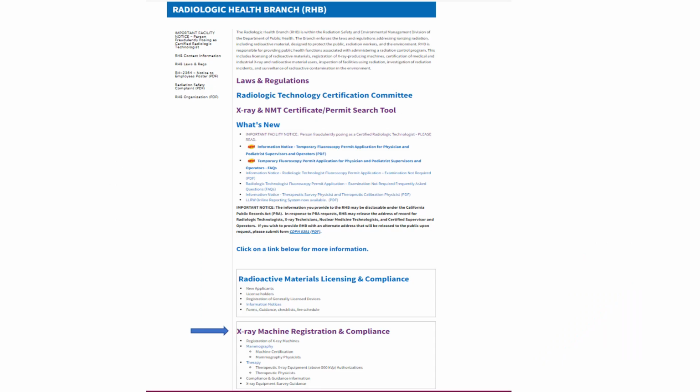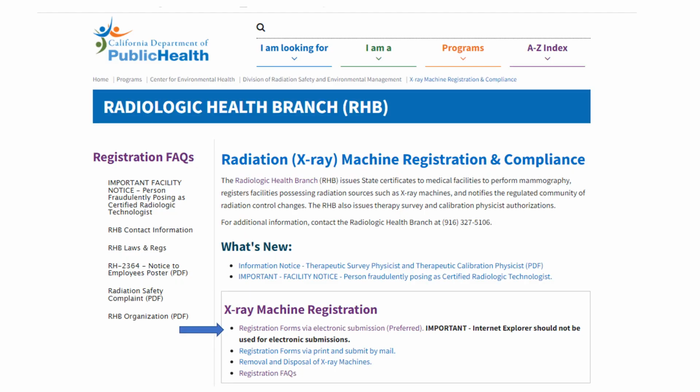In order to access our home page, please go to cdph.ca.gov/RHB. Once at our home page, scroll down and select X-ray Machine Registration and Compliance. On this page, select the link that the arrow is pointing towards to access the Forms portal. Please note that Internet Explorer does not work with this portal. This is one way of accessing the portal, or